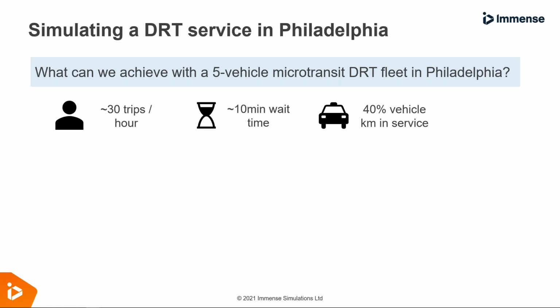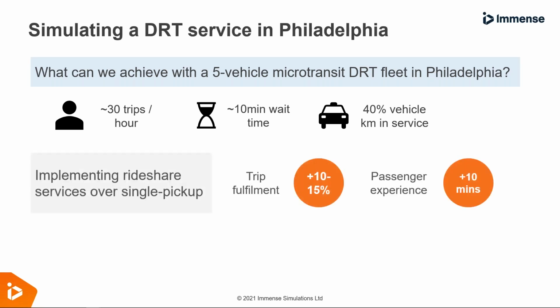Crucially as well, we get to see that only about 40% of the vehicle kilometers for this sort of service were vehicles being traveled on the service. So it's a lot of dead mileage as well with this particular demand set in this area of Philadelphia. This is where we start looking to say, actually, this is where a 5-vehicle microtransit might not be something that's particularly cost effective for us. We take this base situation and then we can look to vary it to consider different things.